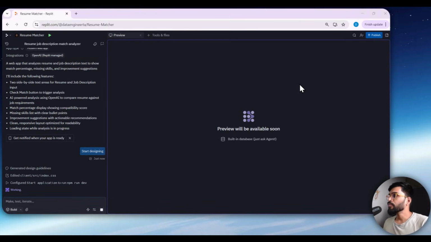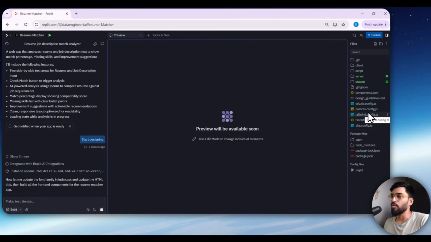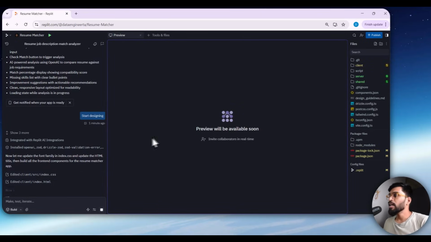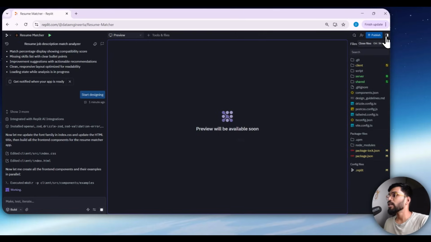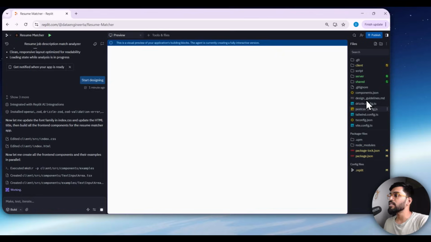And you can see there is one option here next to the publish button. If you click that, you will see the backend: what code has been written, and how many files it is creating to develop this particular app. It's the technical part of it. We don't want to jump into it, but you can see what files it is modifying, what tools it has been installing. These are technical terminologies, but you can just ignore them if you don't want to get into those technical aspects. But I'm just saying, the code it is actually writing, everything is there, right?